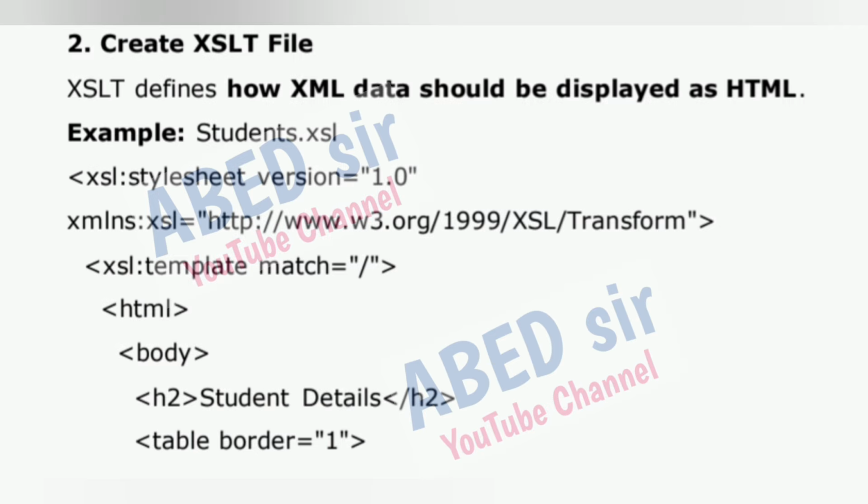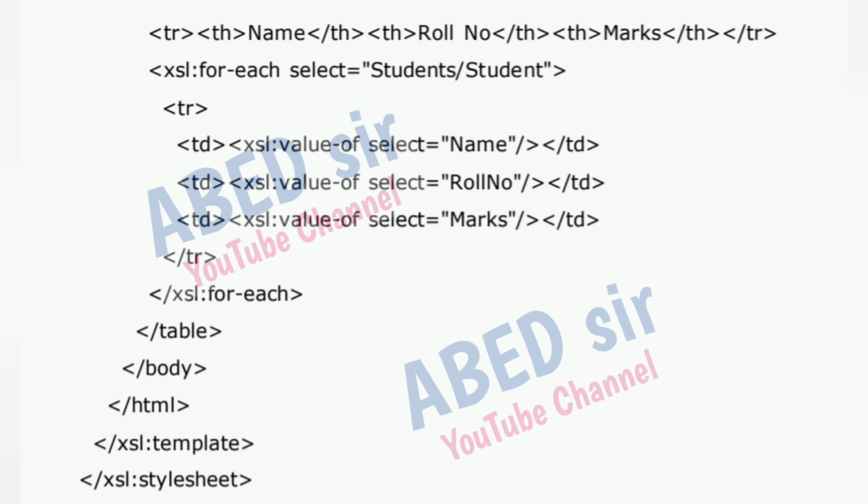Example, students.xsl. <xsl:stylesheet version="1.0" xmlns:xsl="http://www.w3.org/1999/XSL/Transform"><xsl:template match="/"><html><body><h2>Student Details</h2><table border="1"><tr><th>Name</th><th>Roll No</th><th>Marks</th></tr><xsl:for-each select="students/student">